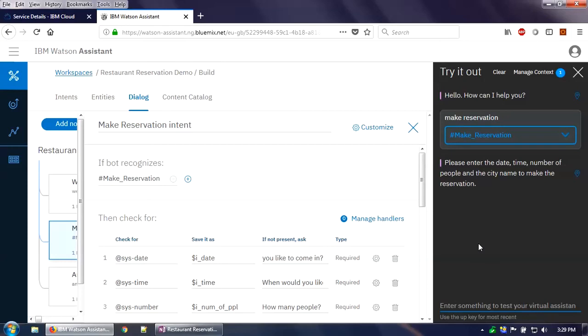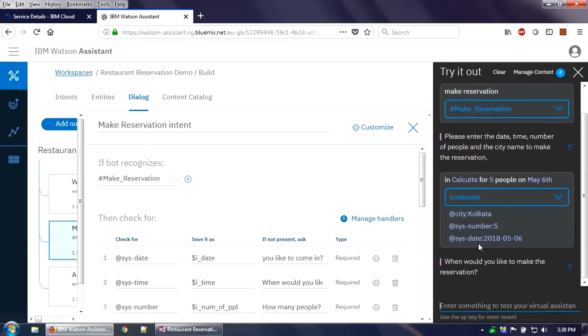So let's say in Calcutta for 5 people on May 6th. So you see that it recognizes the city as Kolkata, even if I gave Calcutta. How? Because if you remember the entities, the synonym of Calcutta is Kolkata. Then it got the system number 5 and the system date as 6th May, and then it asked me when